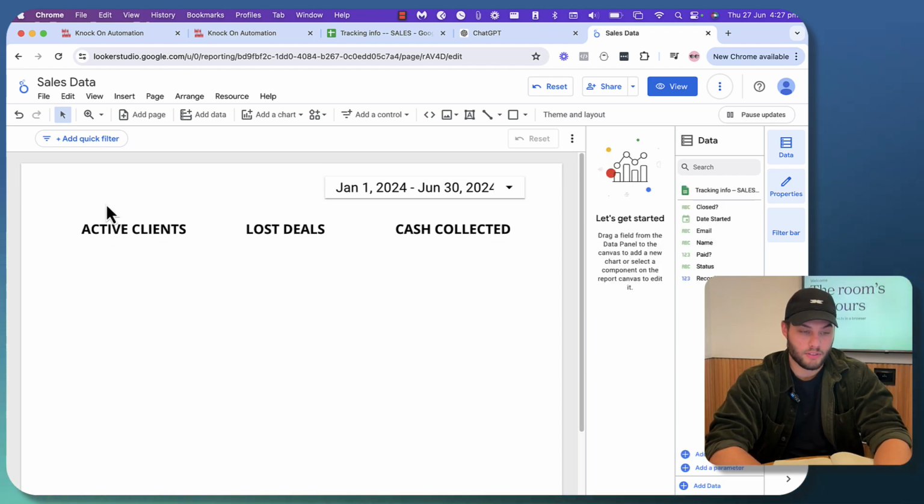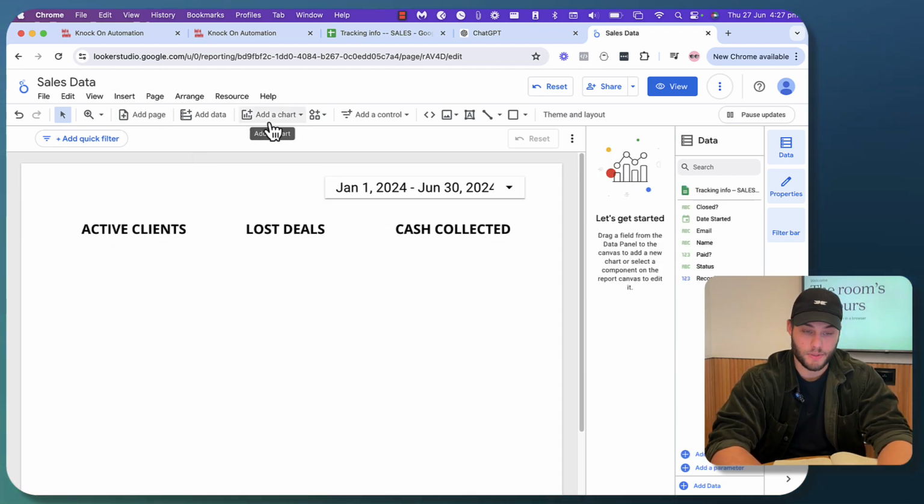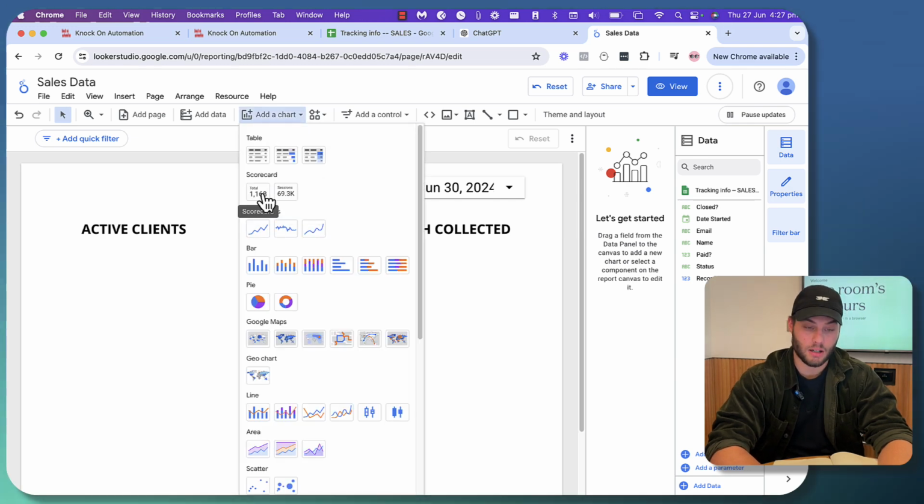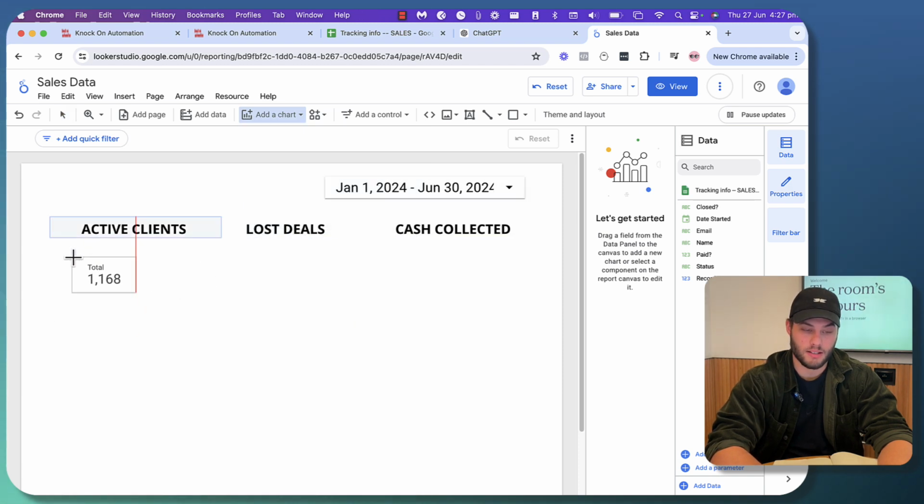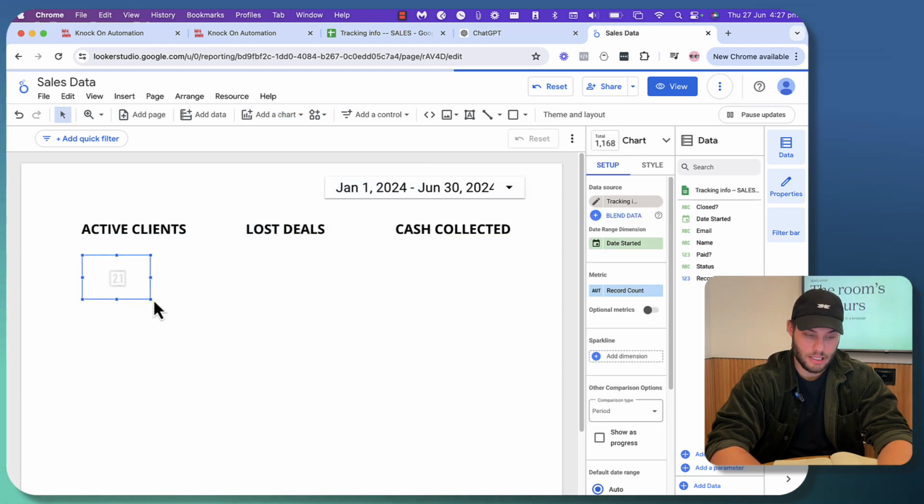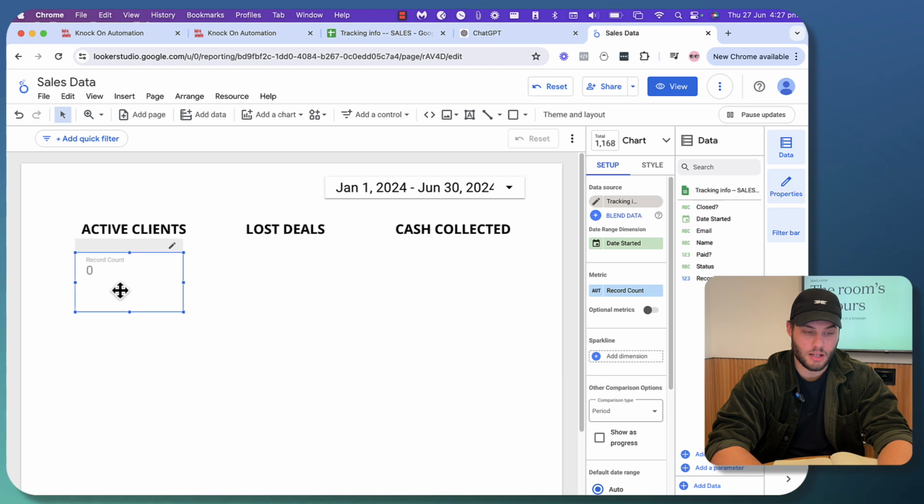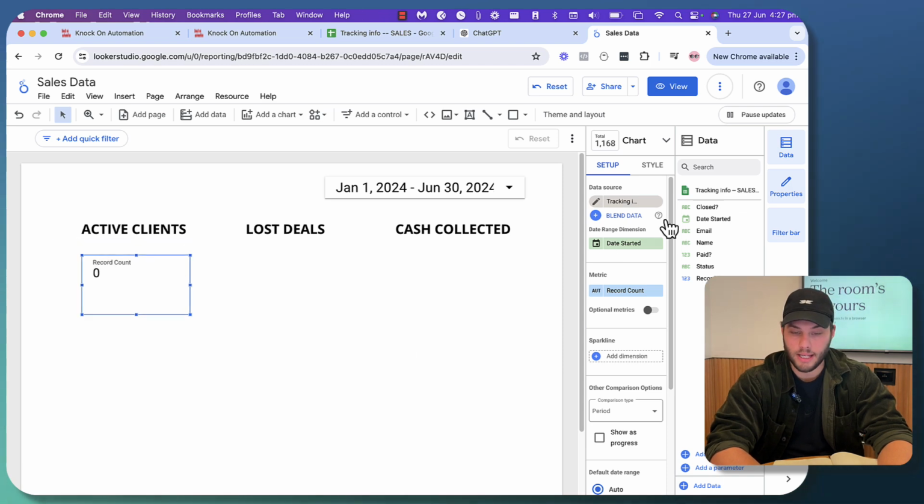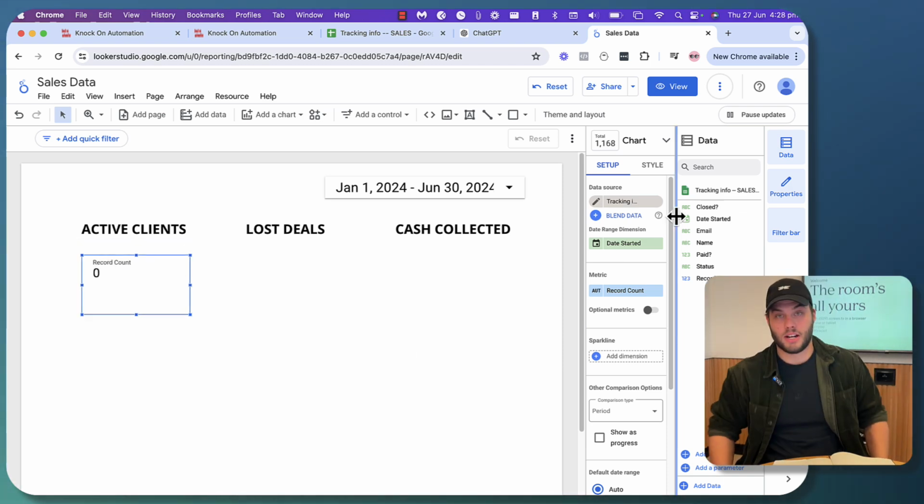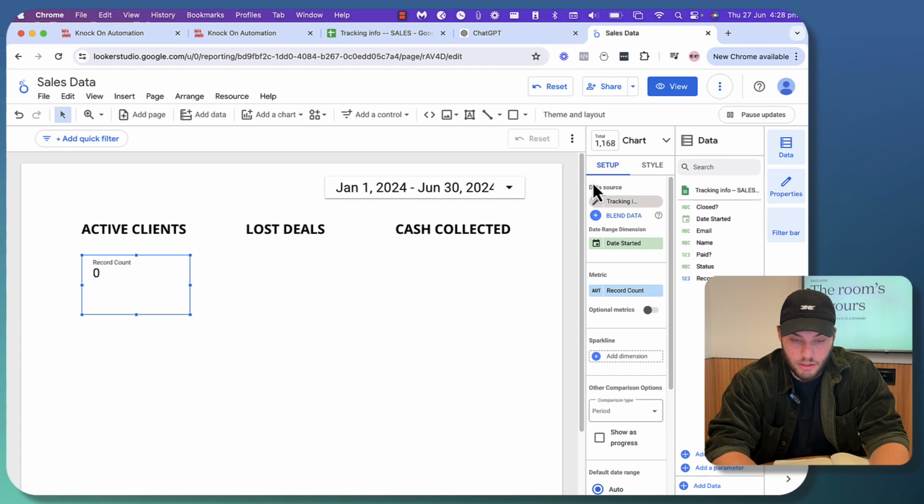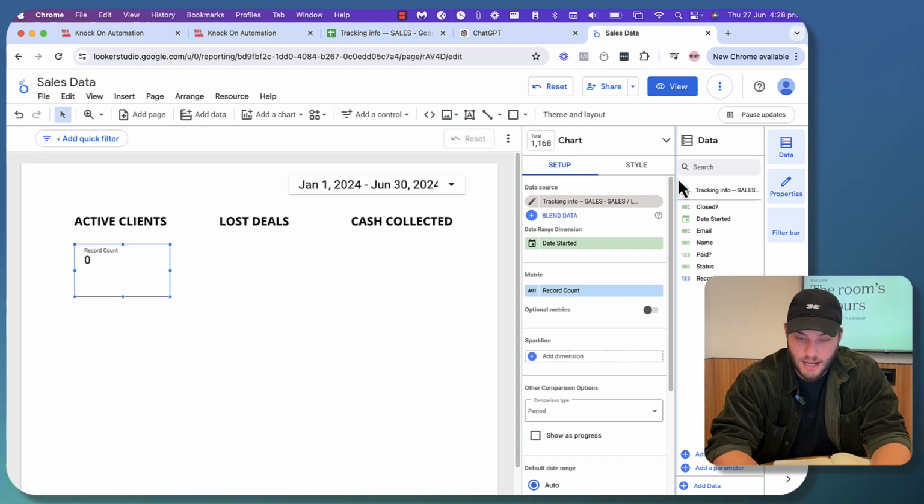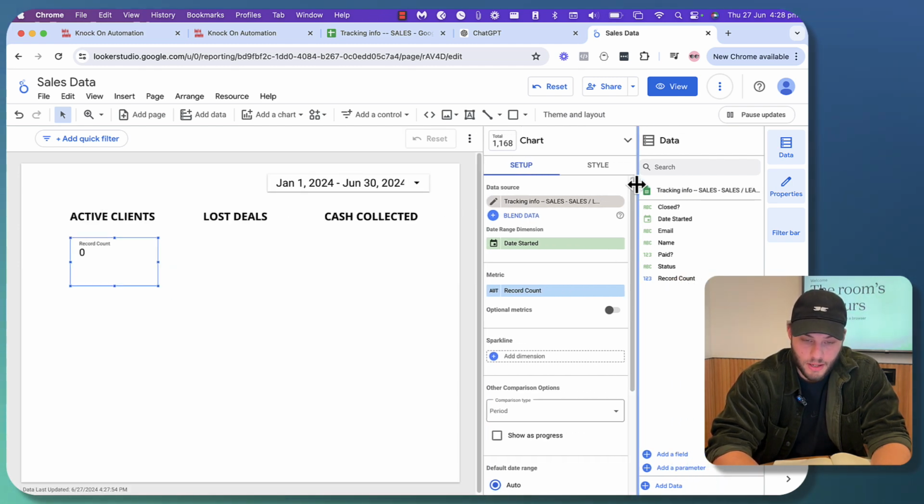So for active clients, what we're going to do now is add in some data. What we need to do is add a chart. Now, I use scorecards for pretty much all of these. I use some line charts as well, but scorecards are very easy to use. So we're going to put in the scorecard, and at the start, it's going to have the record count, and it's just not going to really give you any information at all. But if we look on the right-hand side here, we can start adjusting these variables, and we can start to get more